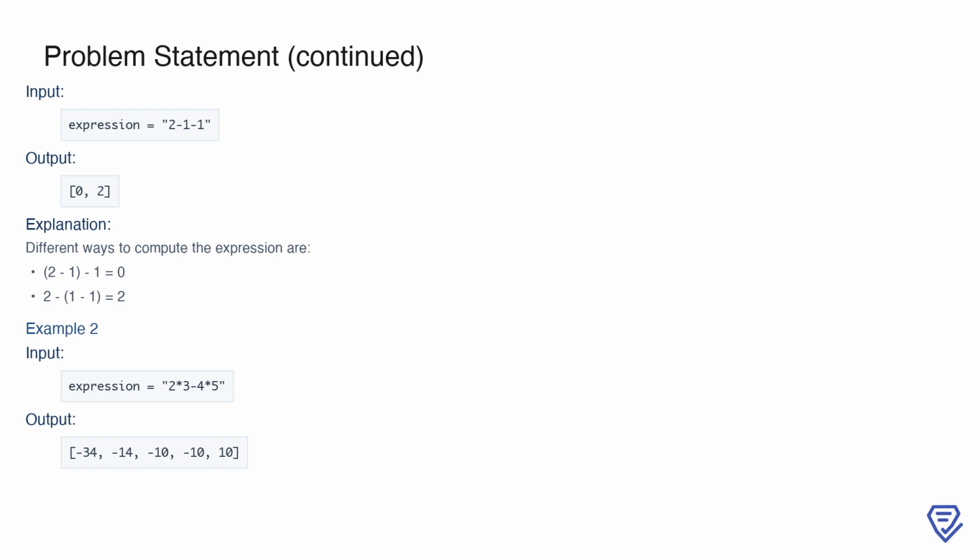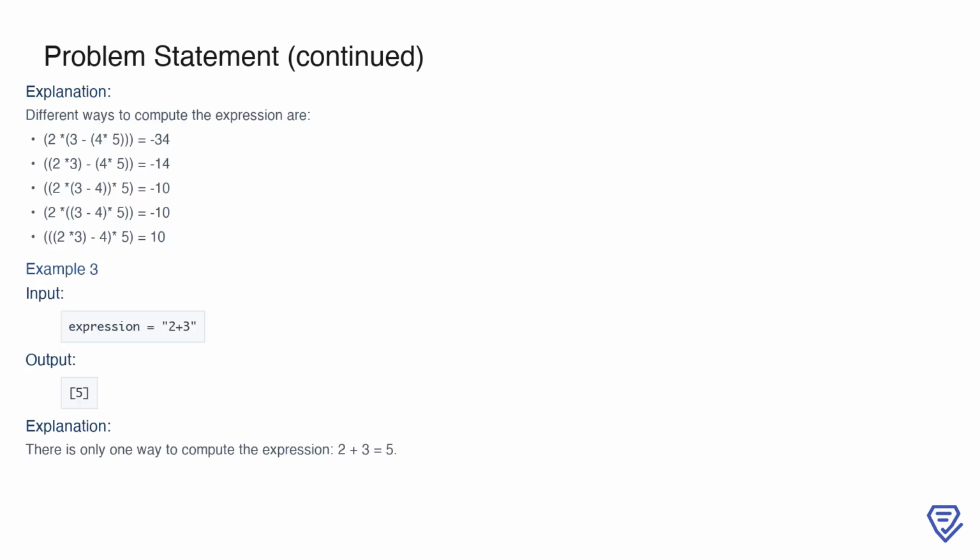2*3-4*5. Here, there are multiple ways to group the terms, and each grouping results in a different computation. The possible results for this expression are -34, -14, -10, -10, 10. These examples show how different parenthesis placements lead to different outcomes, and our task is to calculate and return all of these results. Breaking it down further, let's specifically examine the groupings for